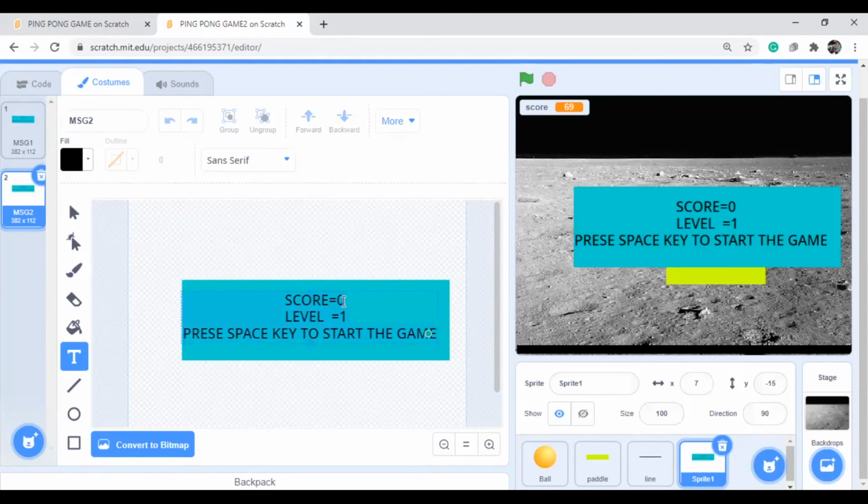So here the score is 10 plus bonus 1. We will write bonus 1. Okay, and now the score is 1. Now this one is level equal to 2. Press the space key to start. Now here I am duplicating this one, and here the score is actually 20. Once it reaches 20 plus bonus 1 and level equal to 3, you can write it. So this is the game actually. We can keep it like this.